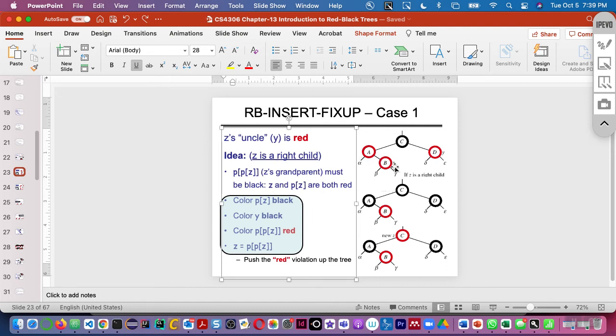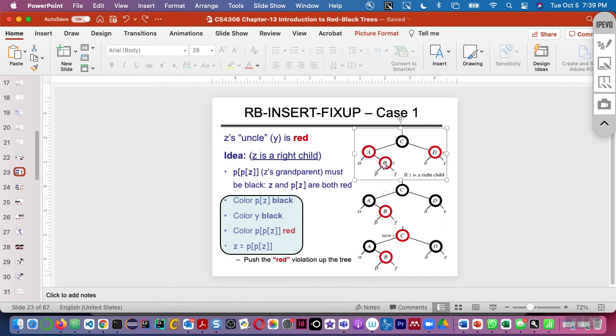There are two ways. So case 1: if G's uncle is red, and if G is the right child of its parent, then